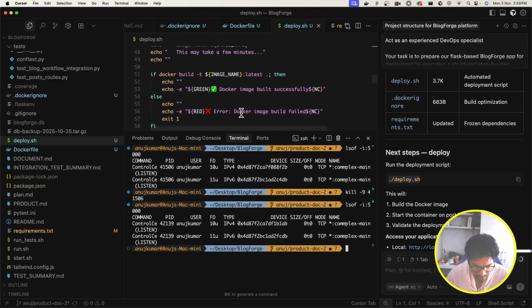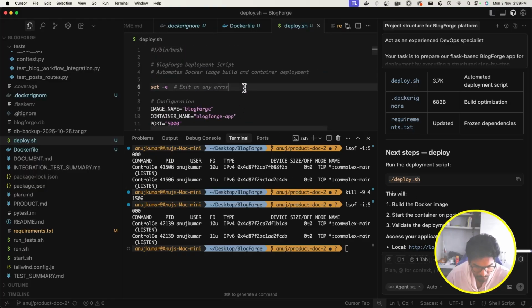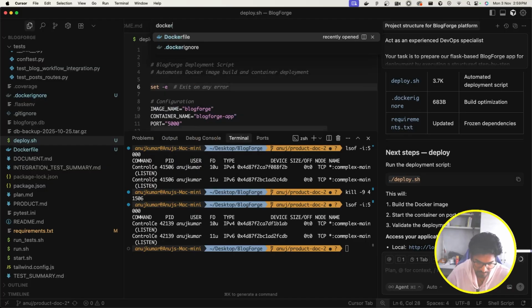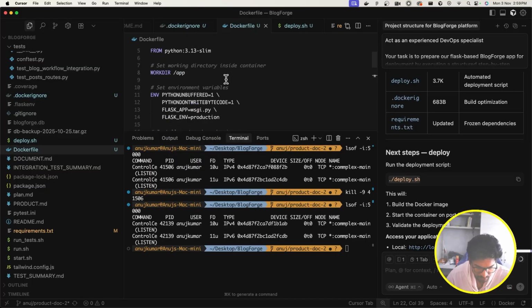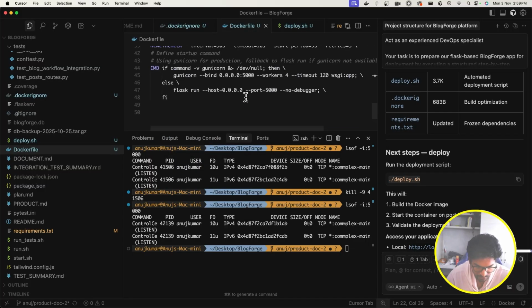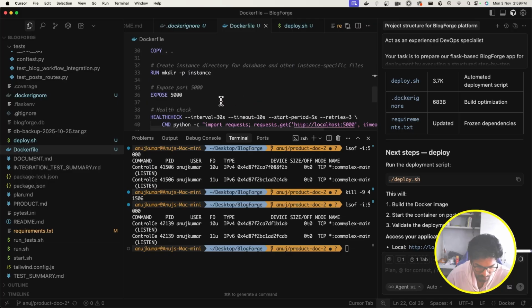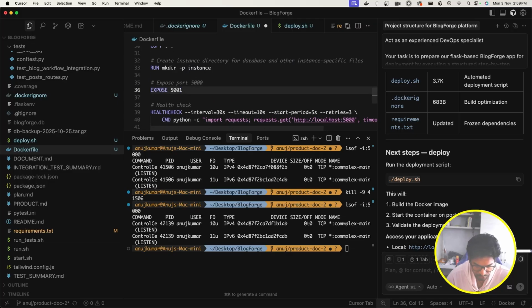So maybe what I can do is expose a different port on my Docker file, and maybe we should check that issue later on, like why is it not running on that port, right? So we are going to expose, let's say, port 5001. Okay, and inside that it can run on port 5000. So now let's run this deploy.sh,